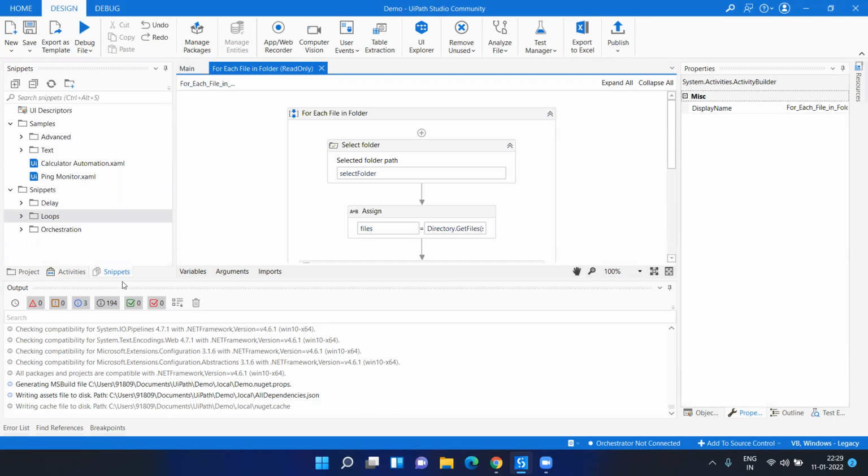And under this main folder, or let's say the main area, you can see the variables. Here you will be adding your customized variables, or let's say user-defined variables, which can be used for your customized code or customized design flow. And here you can see the variable type, and here you can see the scope and default. So these are the different scopes.